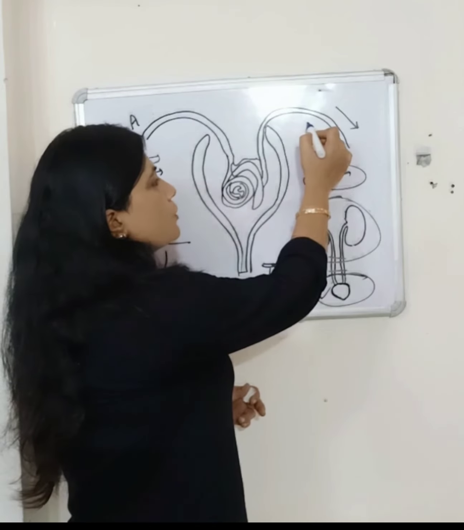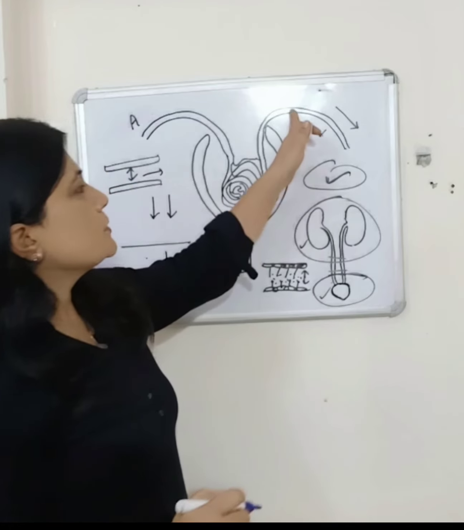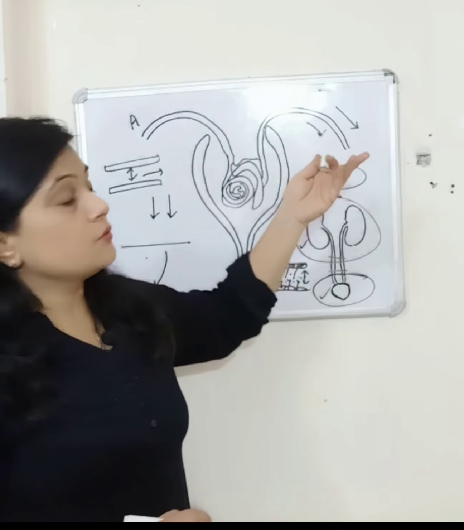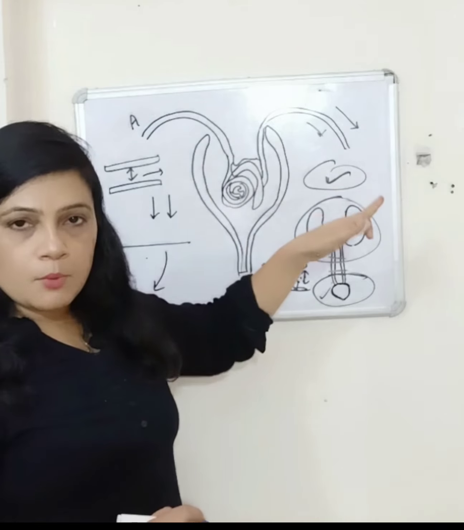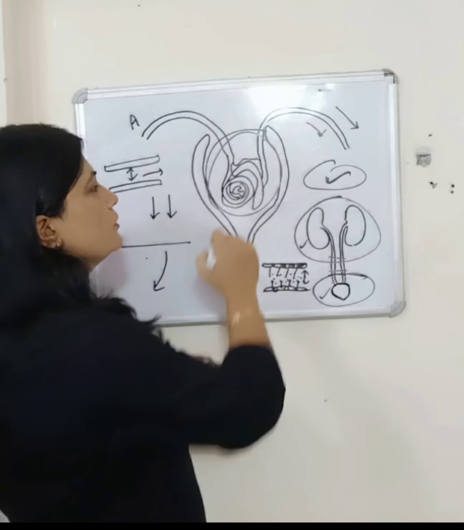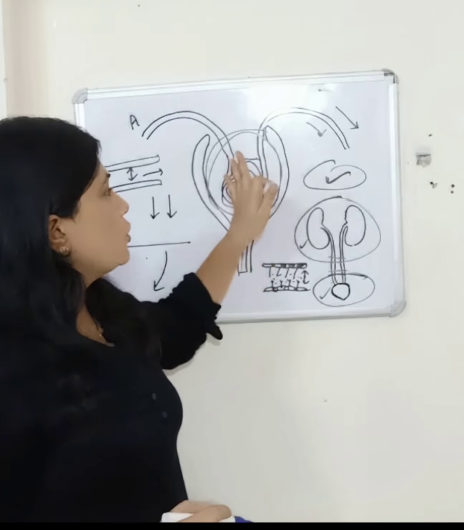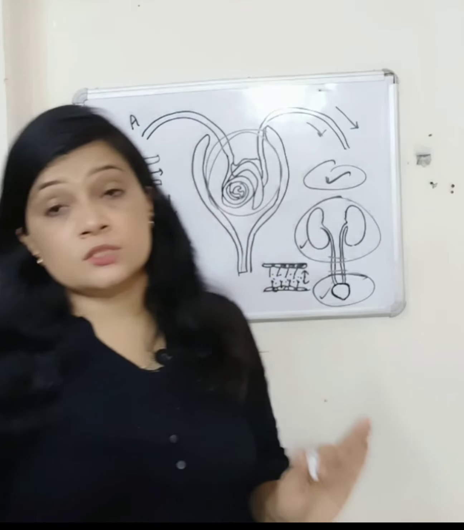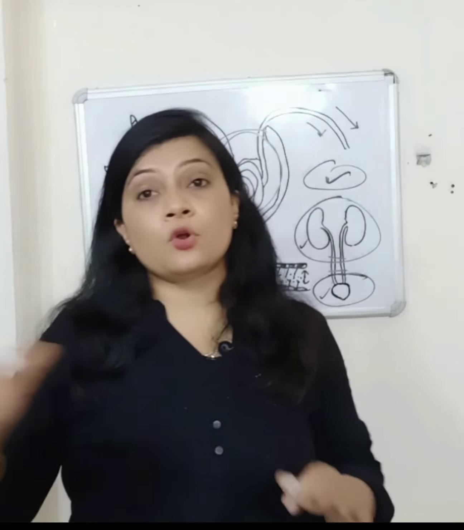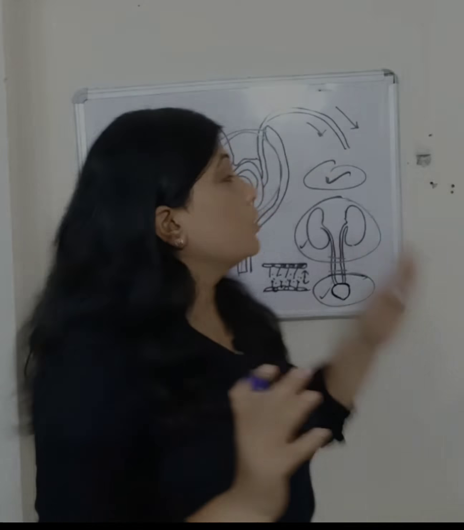When this efferent arteriole becomes narrow, what happens? All the filtrate is not going to come out from the glomerulus. Now high pressure is created in the glomerulus, and because of that there is glomerulosclerosis, and when it persists for a longer period of time, it leads to kidney failure.